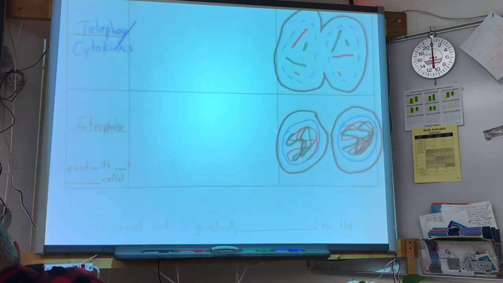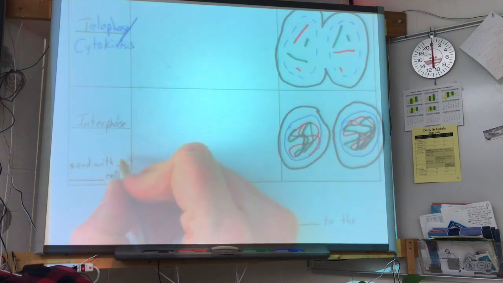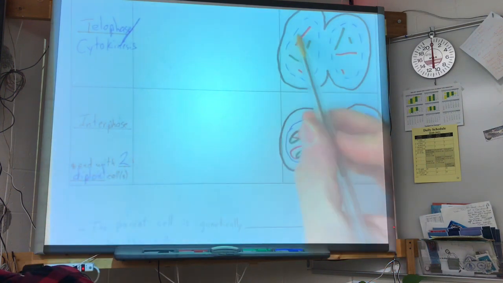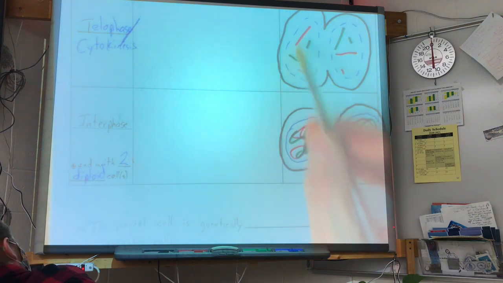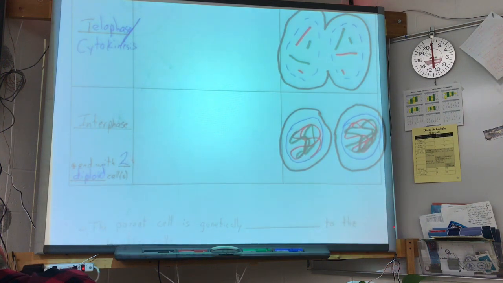And we started with 1 diploid cell, and we end with how many cells? And are they haploid or diploid? Diploid. They are diploid cells. There are 2 big chromosomes. That's a pair, a complete set. There are 2 little chromosomes. That's a pair. That's a complete set. They are diploid cells. Now we call these 2 cells daughter cells